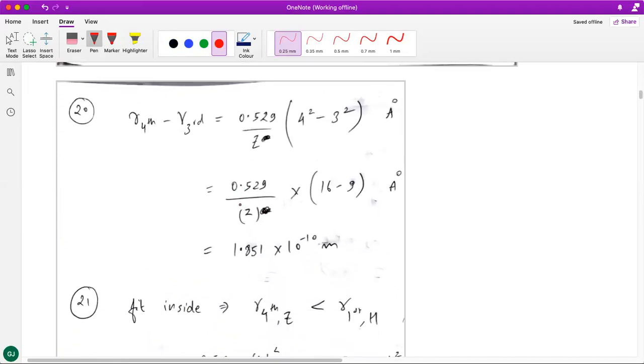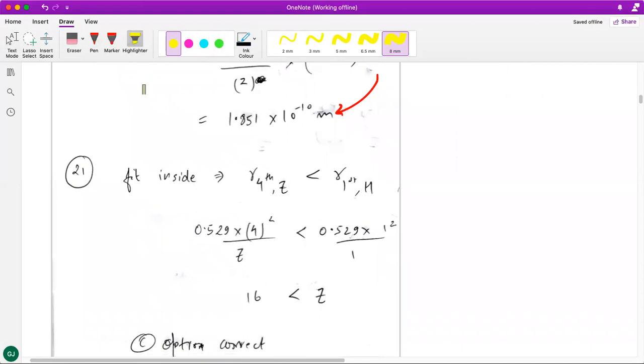The 20th question is again a straightforward question. This time you have to use the formula and the values of the radius of an orbit. We understand that the radius of an orbit was defined as per Bohr's model of atom as 0.529 times n square by Z in units of angstrom, right? So you use that formula here and do some basic calculations. Now, since the options are in SI units, you just write angstrom as 10 raised to the power of minus 10 meter.